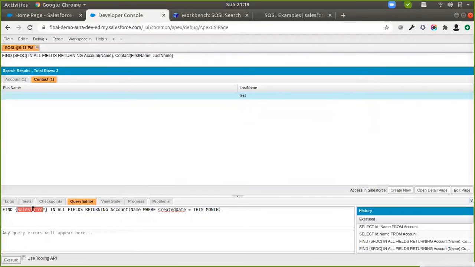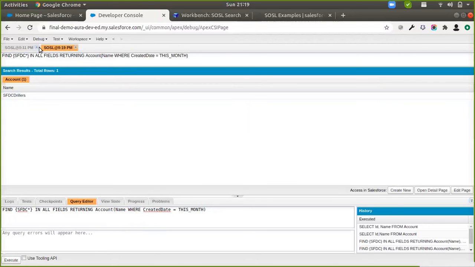So I'm going to talk about this star operator a little in a minute. But so you are searching from the account, right? If you specify to search from the name like this, then you are able to apply this where clause here. So I'm applying a where clause here that this account should be created in this month only.